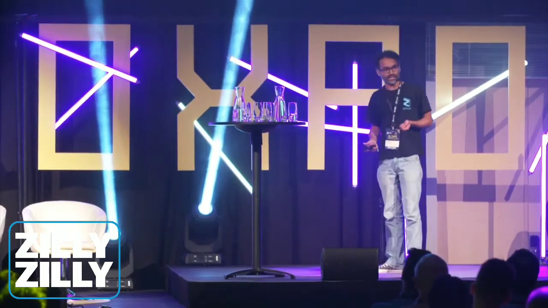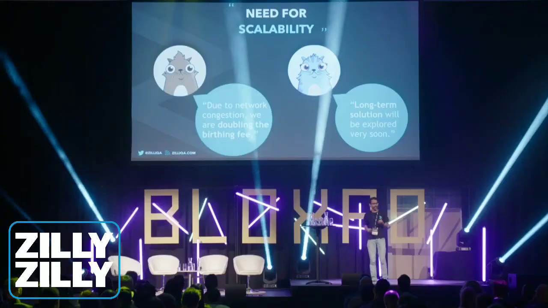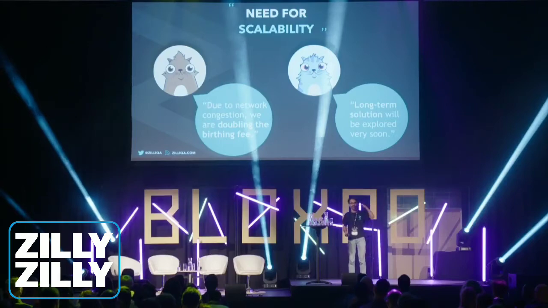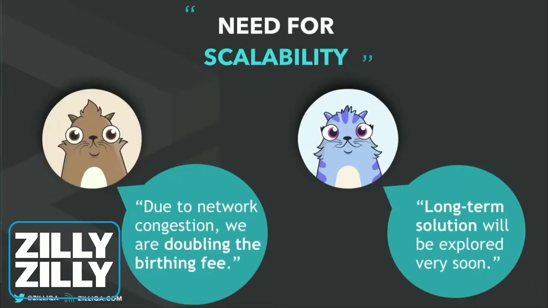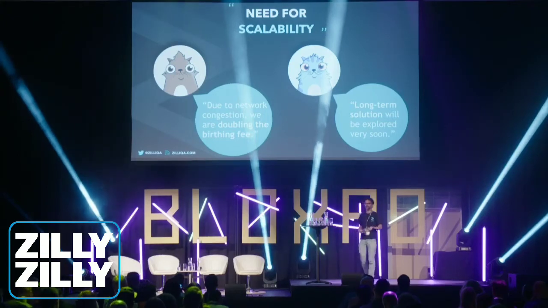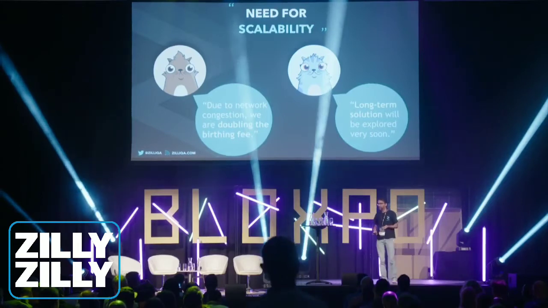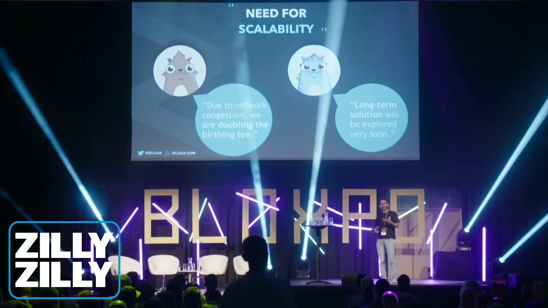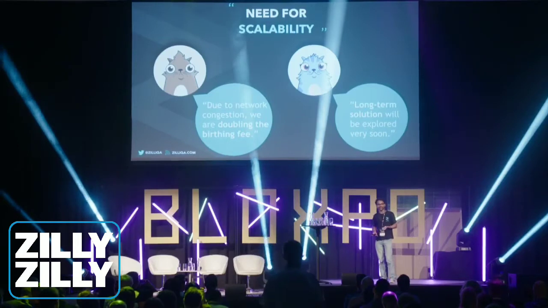So what do you do in those cases? The simple and very obvious solution is that you increase the barrier of entry. So you would say that if you want to play this game, then you have to pay a larger fee. This is exactly what the CryptoKitties developers did. They doubled the price of breeding cats on the blockchain application. Of course, it does reduce traffic to some extent.